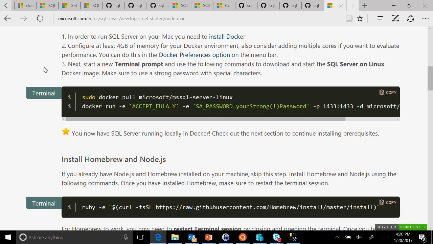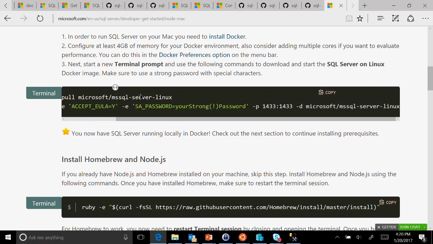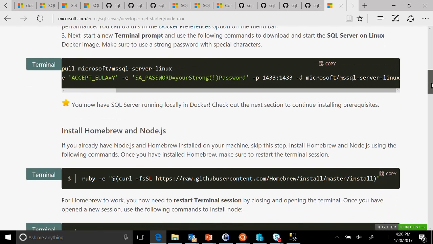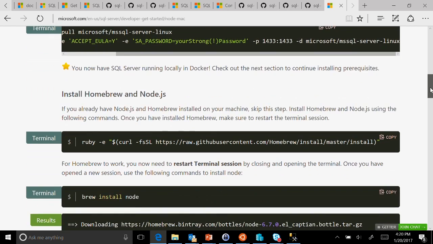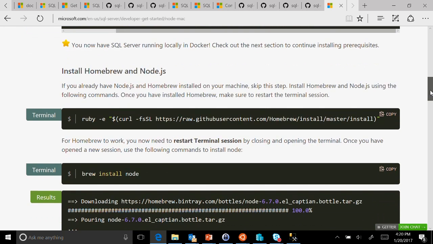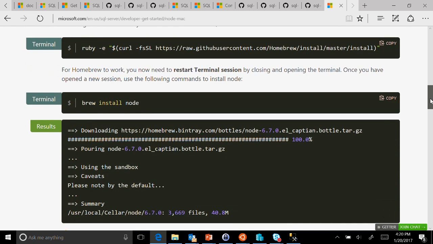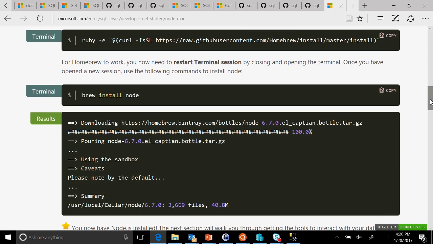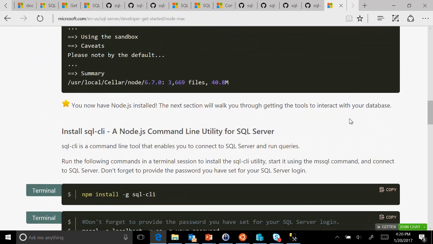And then we show you how you can get the rest. By the way, the Mac comes with Ruby, so you can use Ruby to curl the stuff. You install brew. We use all of the native commands for that. People use brew to install stuff on the Mac, so we recommend that you use brew to install the Node stuff. We give you the instructions. All of the instructions come with a copy button, so you can just copy and paste.